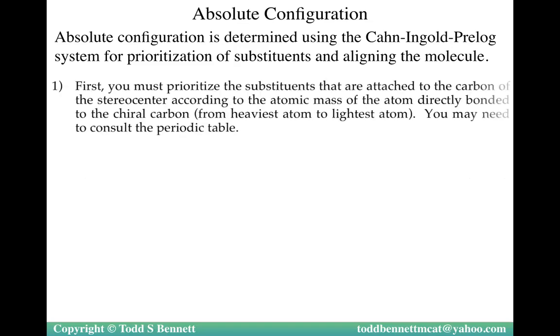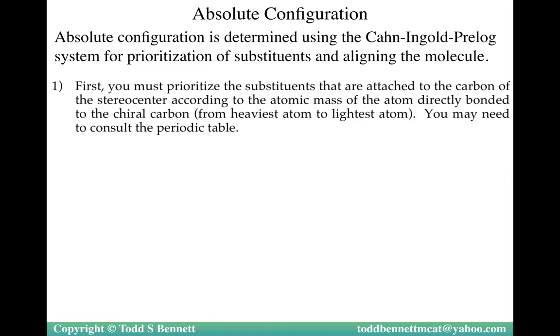So to deal with this, the Cahn-Ingold-Prelog rules, some of the original rules brought up almost 100 years ago, almost? Not quite that far, but fairly long ago, they came up with this naming system, where you first prioritize the substituents that are attached to a carbon of a stereocenter, and you do it according to the atomic mass, the so-called A number. The reality is you're doing it more by the Z number than the A number,